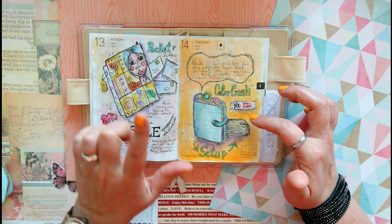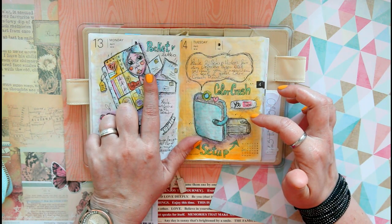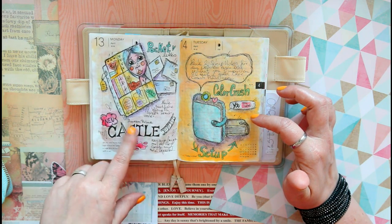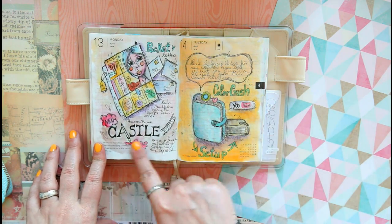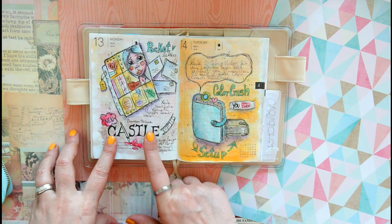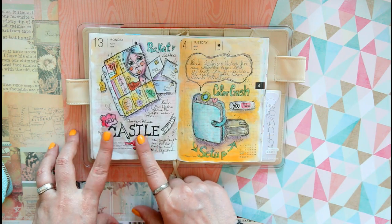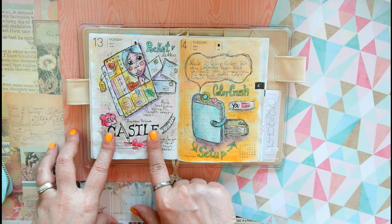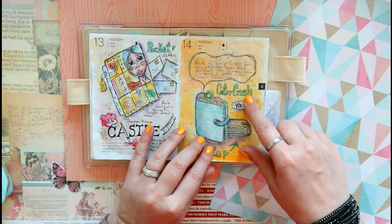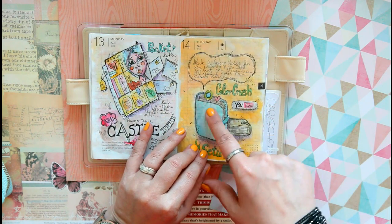And I think April 13th was the last page I showed you in the other video, because I remember I was talking about starting watching Castle on Amazon Prime. So I think that's where we stopped in the last video. So let's go on. April 14th, I sketched my little